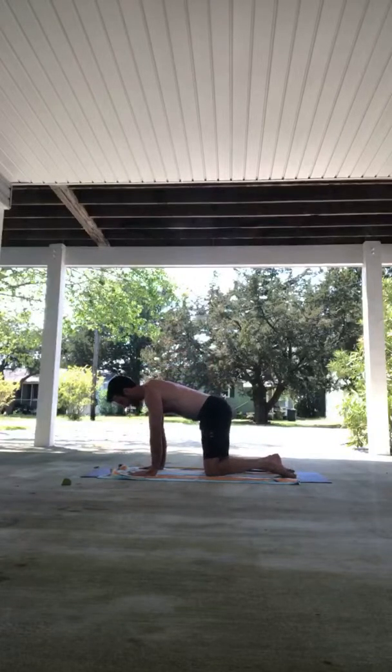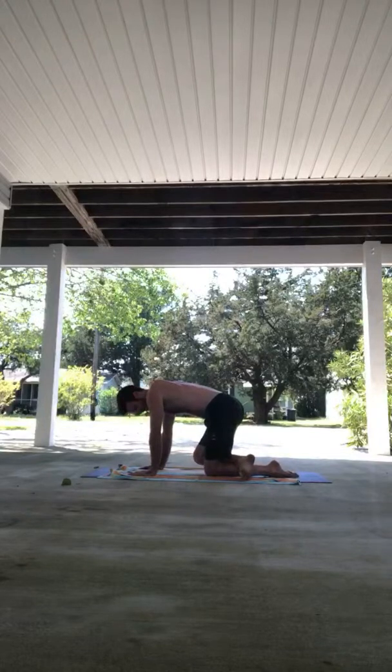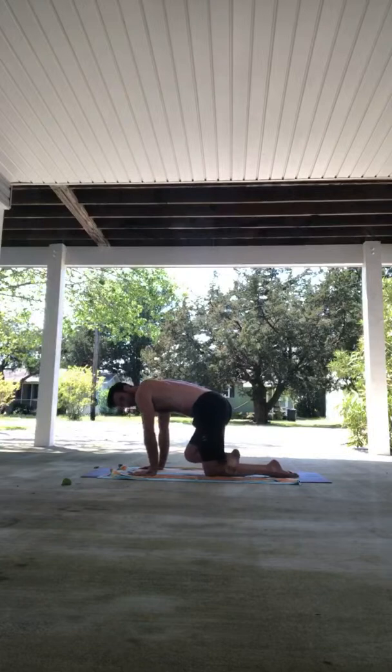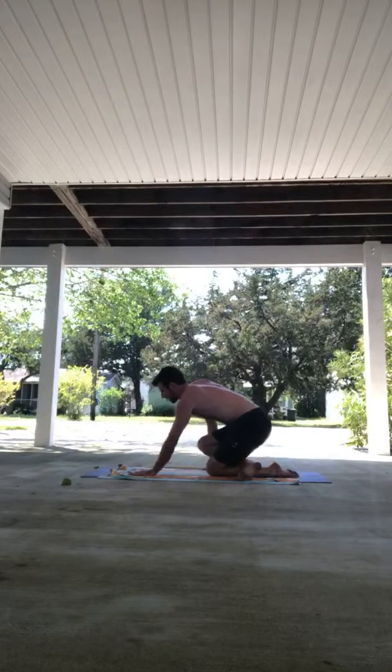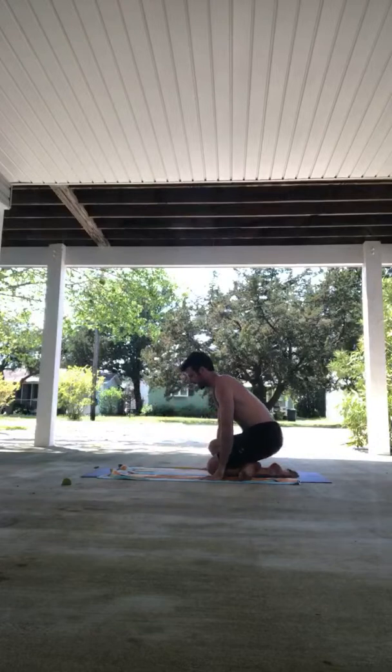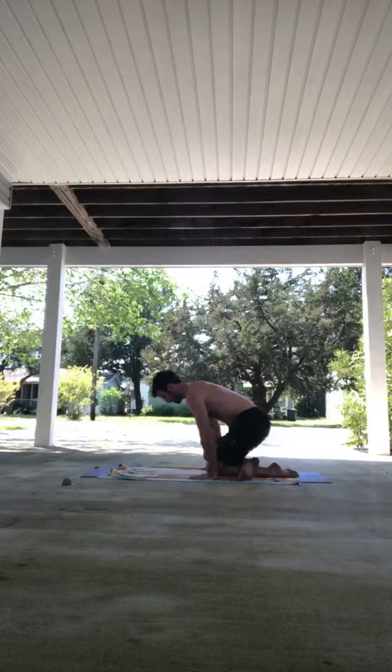Alright, from here, all we're going to do is put our right foot on our left calf and give ourselves a little calf massage. So you want to use the shin or the ankle to literally rub across your calf here. Once you find a knot, you can sit back on that knot and apply a little self-massage pressure. This is a great way to give yourself a little calf massage since massages are not allowed right now. And come back forward,